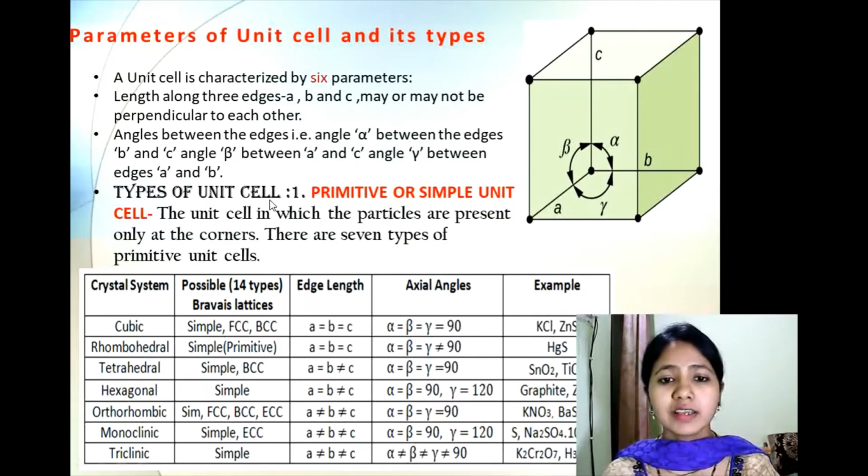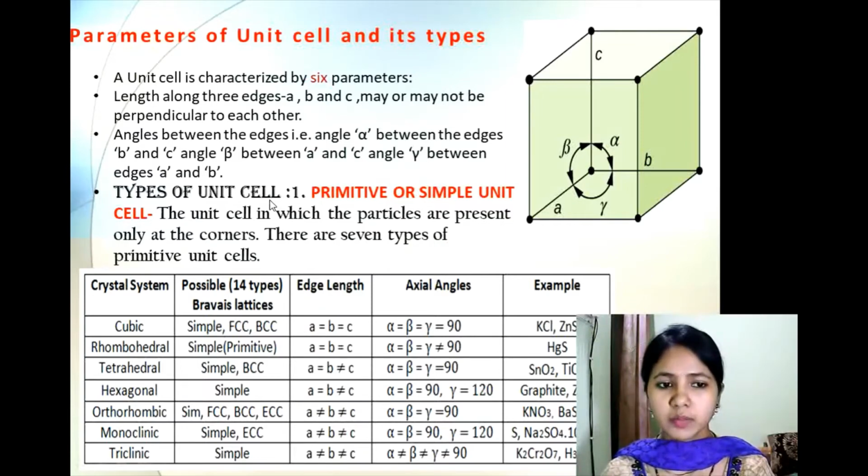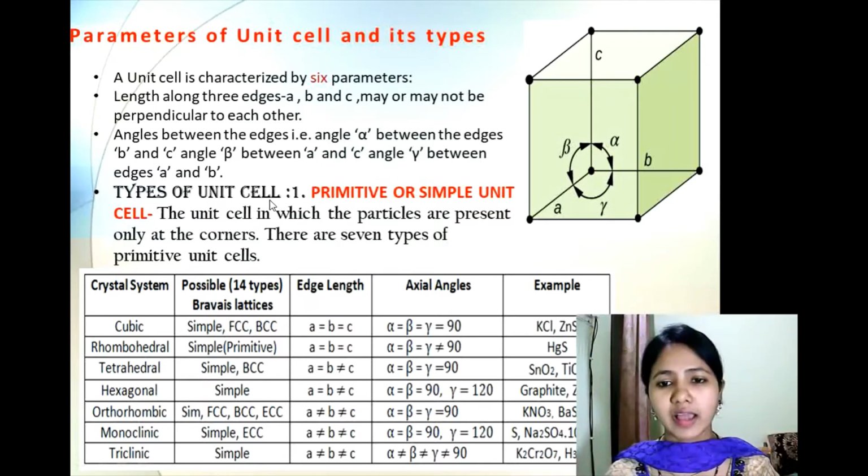So basically there are 7 types of primitive unit cell, which are given here. This table is also given in your NCERT book. You just go through it. It's very important for your exams. See, total 7 crystal systems are given here. The first one is cubic, then rhombohedral or trigonal, tetragonal, hexagonal, orthorhombic, monoclinic, and the last one is triclinic. The most important thing that you have to remember is the edge lengths as well as the axial angles and some